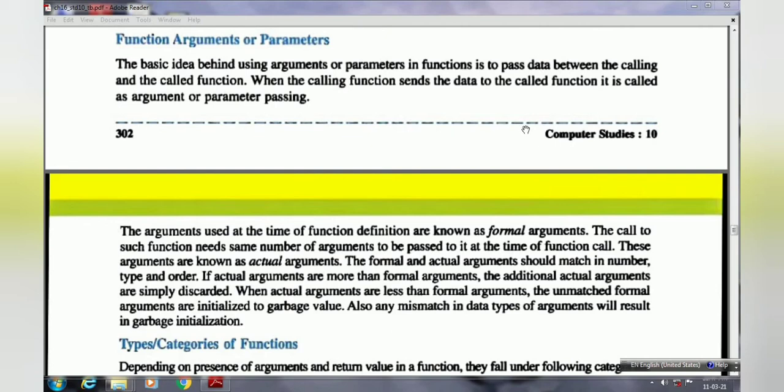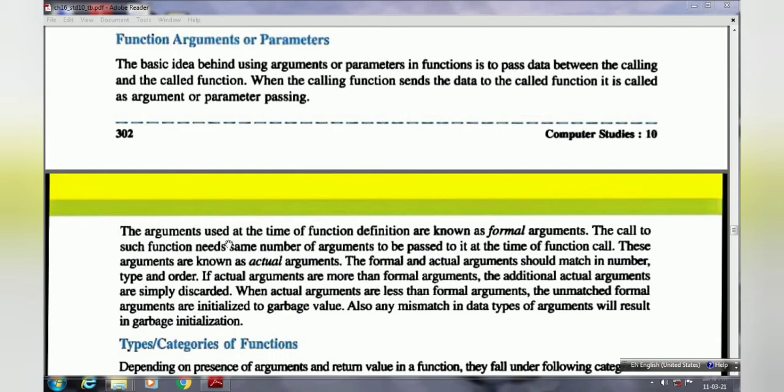This type of data transmission we can do by passing arguments or parameters in that function. So when the calling function sends data to the called function, it is called argument or parameter passing.